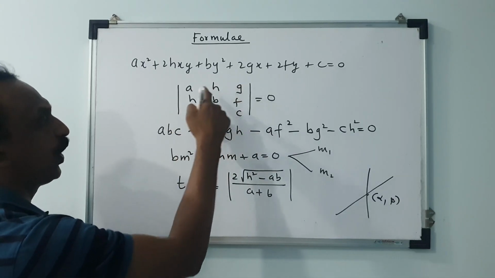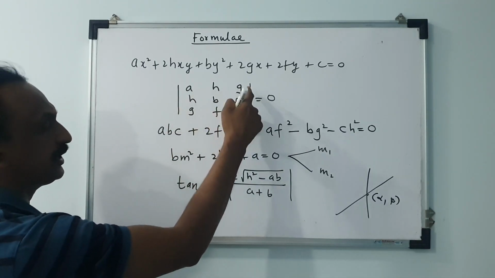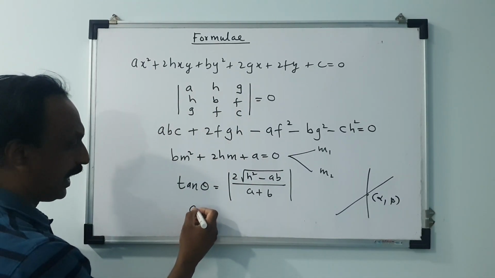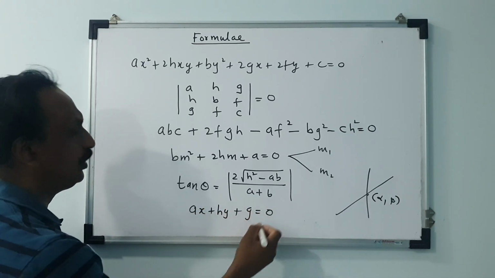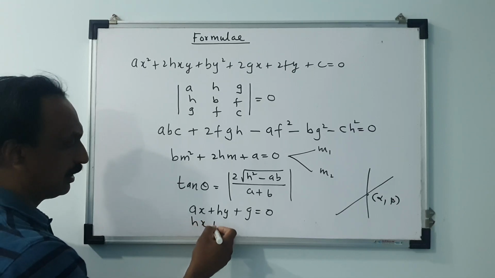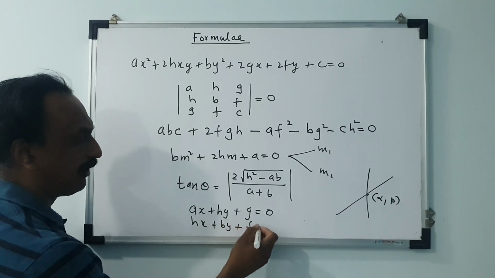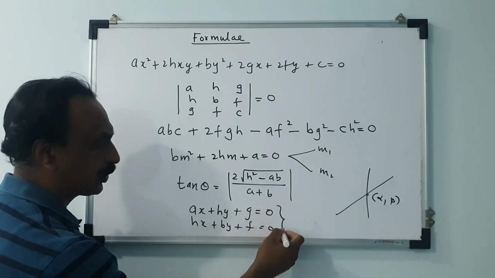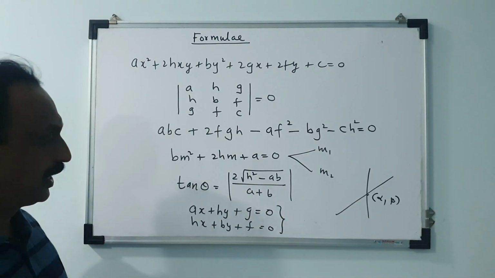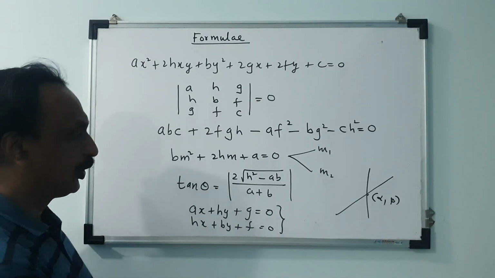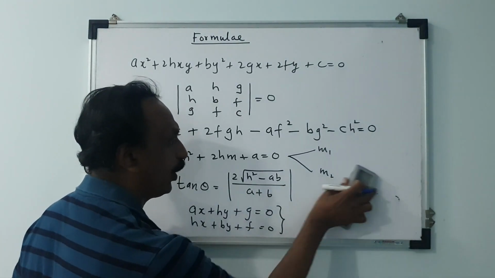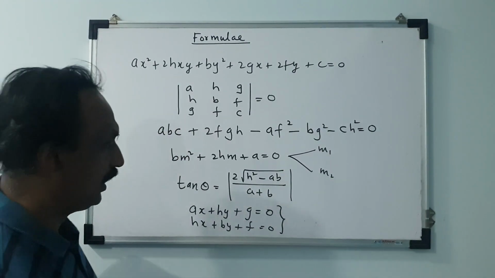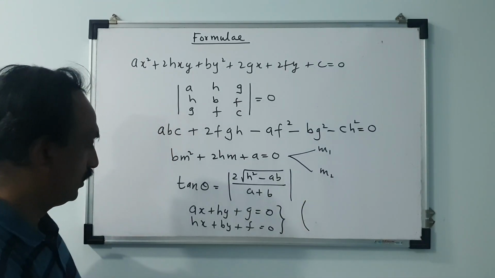One is to solve the two equations which we had done before, ax plus hy plus g equal to 0, hx plus by plus f equal to 0. Solve these two equations simultaneously, and you will get the x coordinate and y coordinate. So the point of intersection can be written as